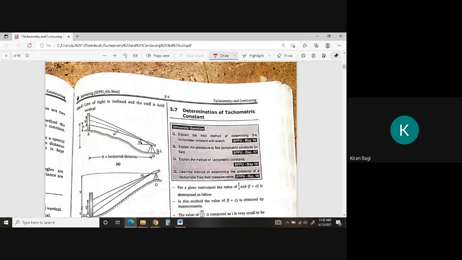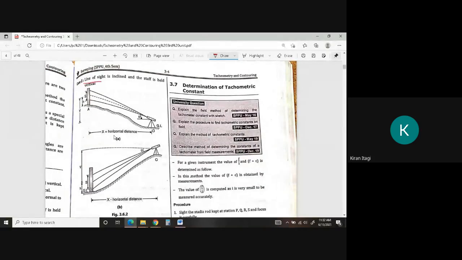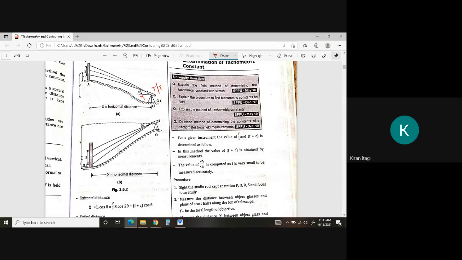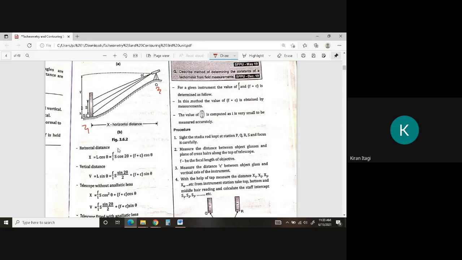Next condition, there you can see the line of sight is inclined and the staff is held vertical. See here, your line of sight is at an angle of theta, using a theodolite or tachometer. Your staff is held vertical. So here we have a formula. Either you are watching from dip to top or top to dip. Your formula for the horizontal distance will be